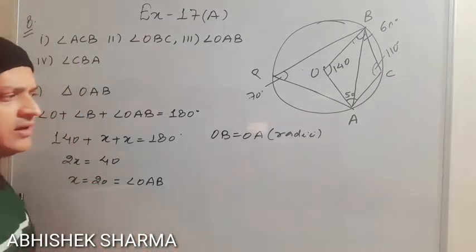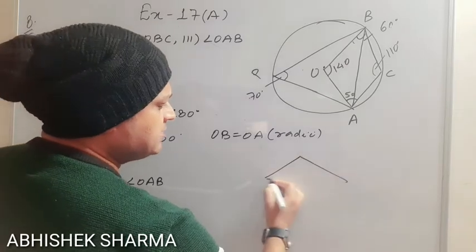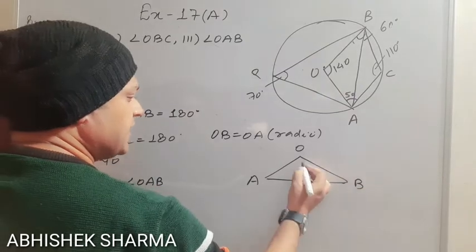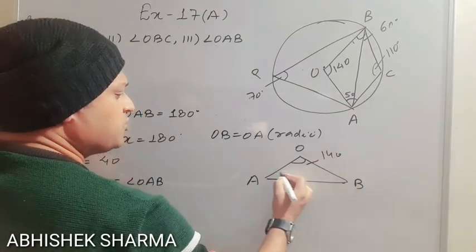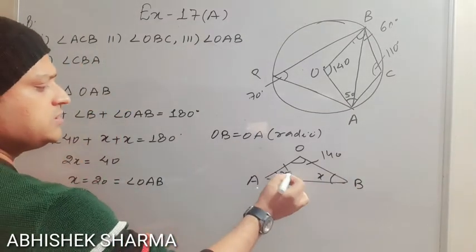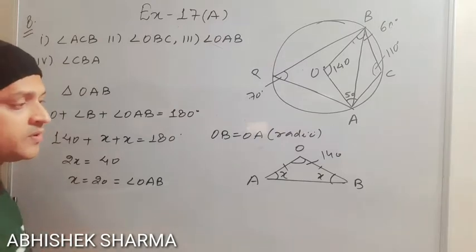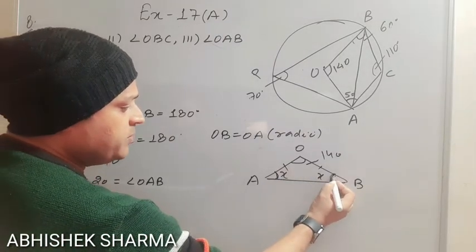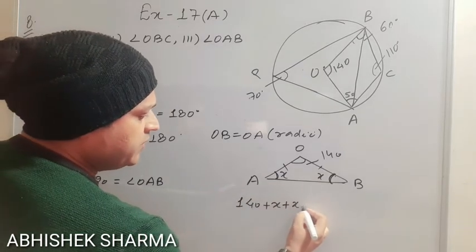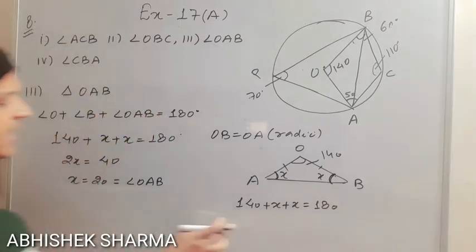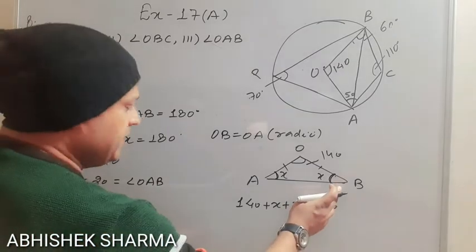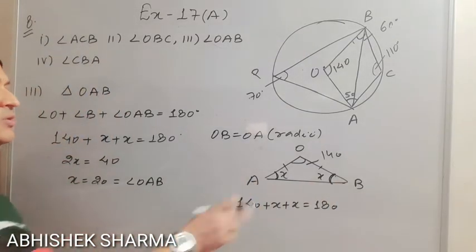Let me explain more clearly. In the question, we have simply considered this part well. This is radius A and that is radius B. When this angle was given as 140, we assumed this as x and this also as x. Since OB and OA are equal because these are the radii, this angle and that angle will also be equal. So can I write it this way? 140 plus x plus x is equal to 180. This is how I have done my question and calculated x. So x means that angle B comes as 20 and angle A also comes as 20.